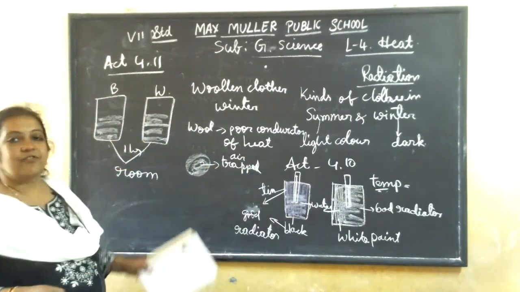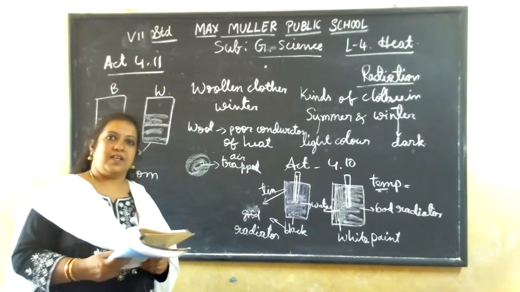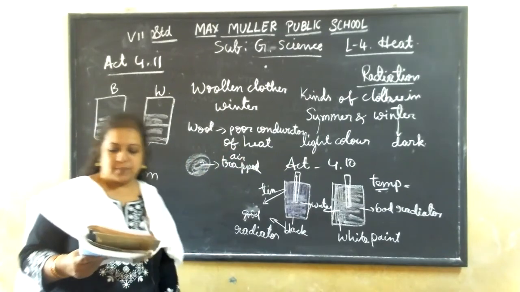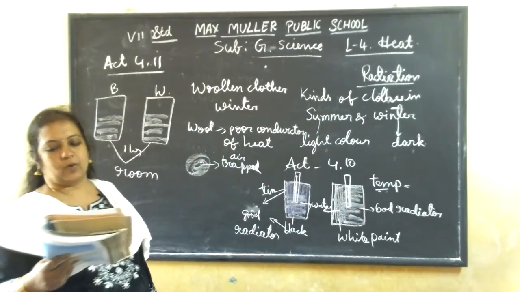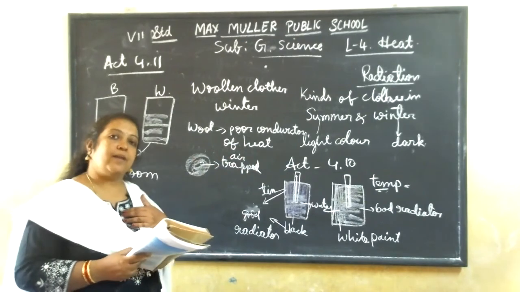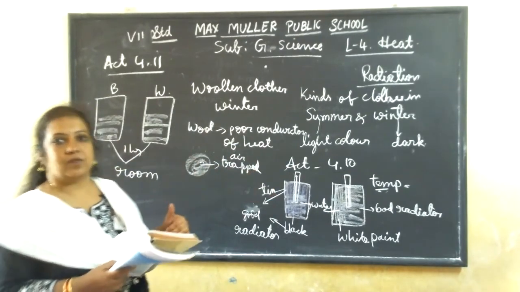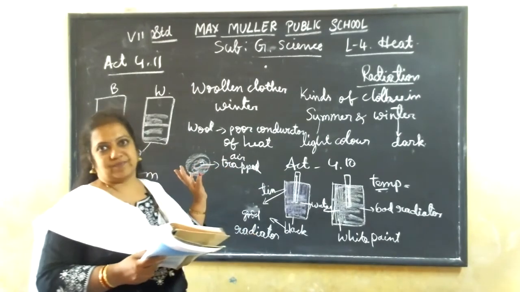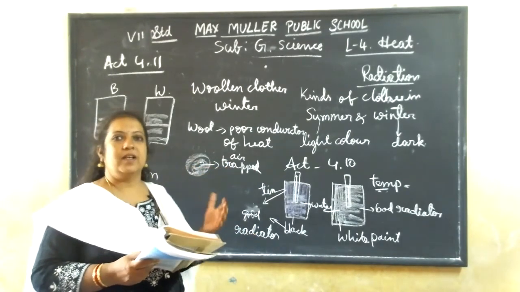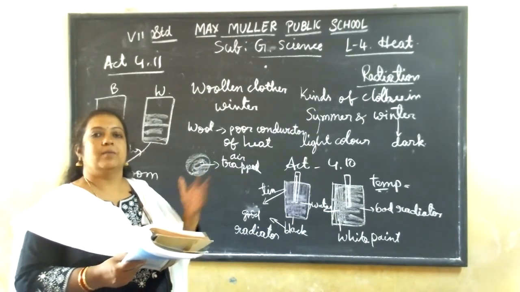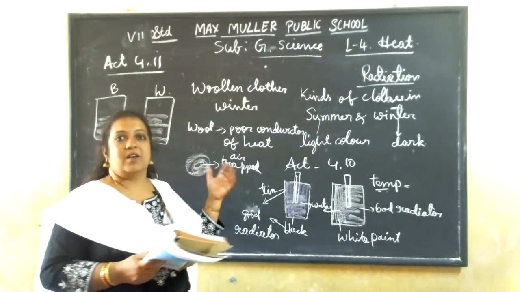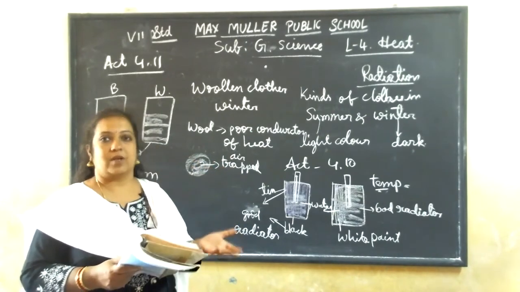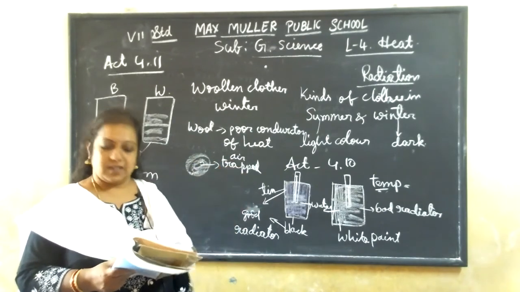That's why we will not feel so cold even when the outside weather is very chilly. This air prevents the flow of heat from our body to the cold surroundings. The heat is not transferred to the outside because the air is trapped in the woolen cloth. Our body temperature stays inside the body because the cloth is upon our body. It is not letting our body heat mix with the surroundings.